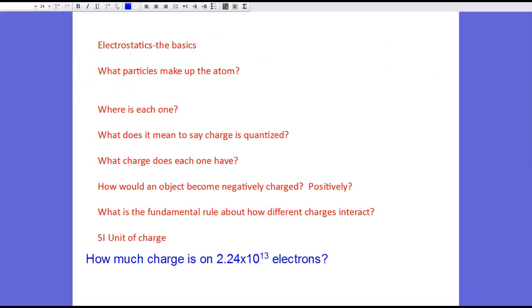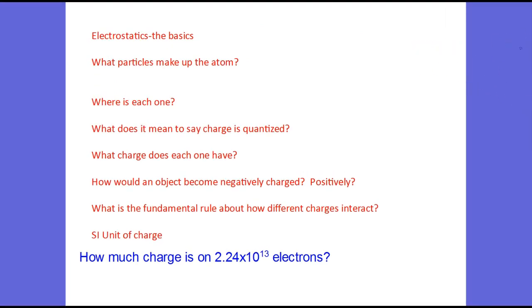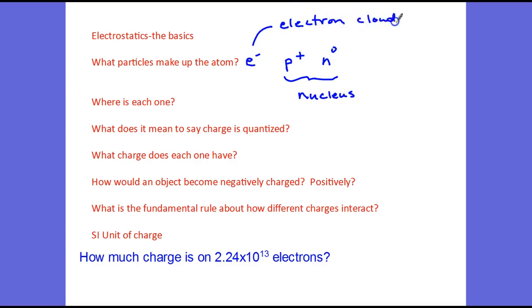This unit starts with electrostatics. So we'll talk about some basics, atomic structure. What particles make up the atom? Well, you know, it's the electron and the proton and the neutron. And the proton and neutron are what we call nucleons because they are in the nucleus. And the electron is in the electron cloud, and they orbit the nucleus. Okay, so you have the nucleus in the middle with the protons and the neutrons, and the electrons are in